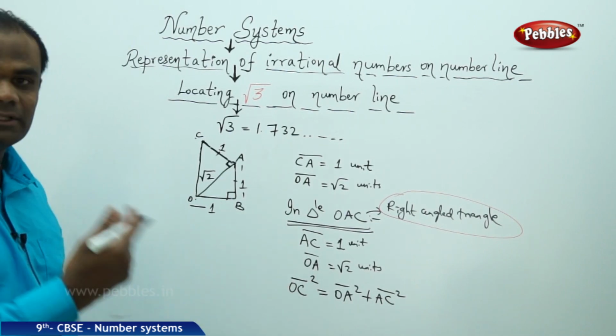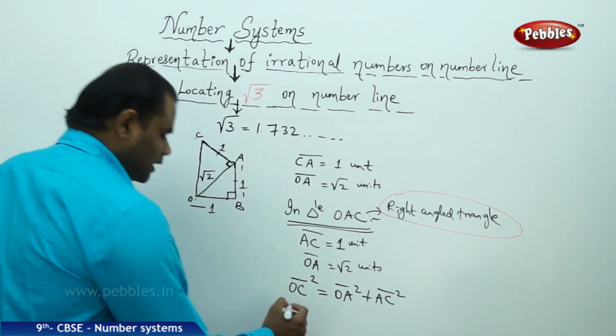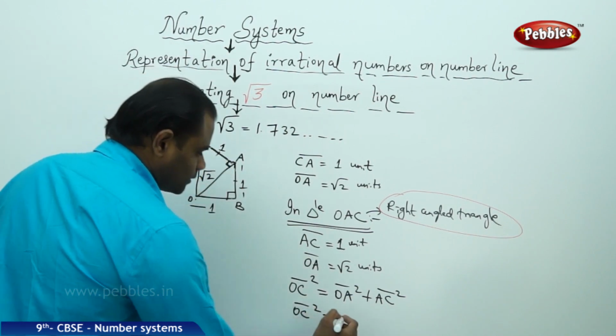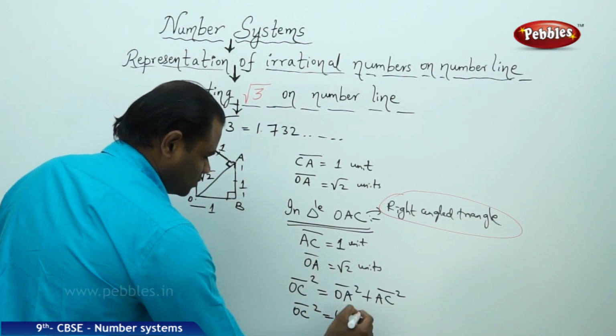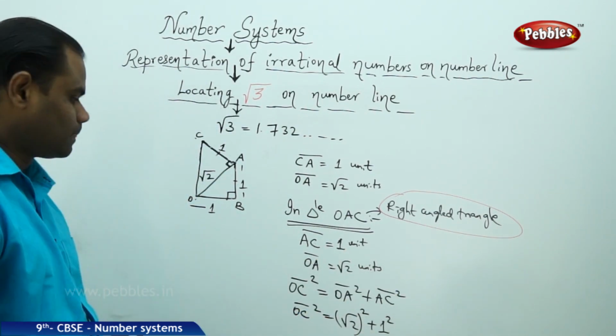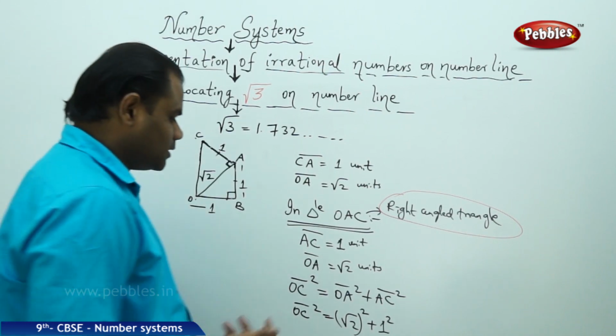Then when I substitute the values, I get OC square is equal to OA, which is root 2 whole square, and AC, which is 1 whole square, which on further simplification gives